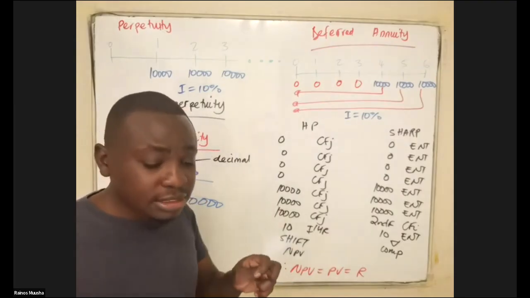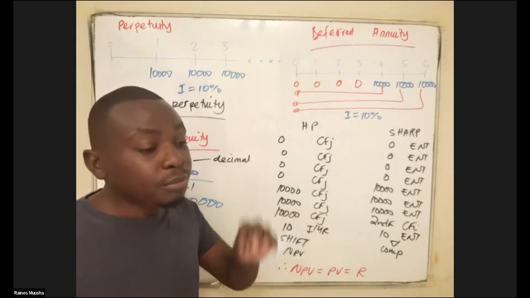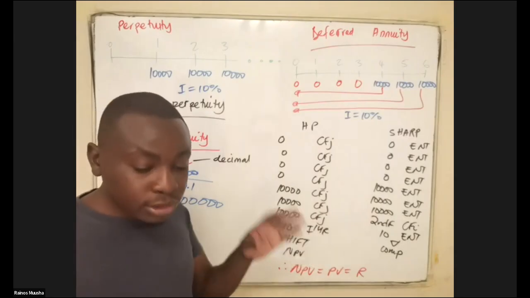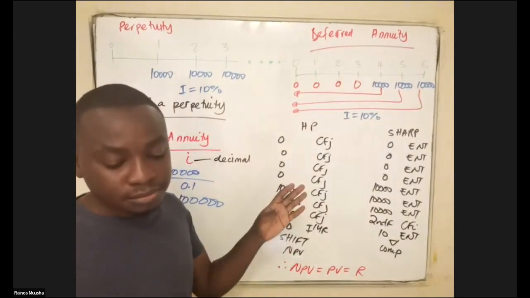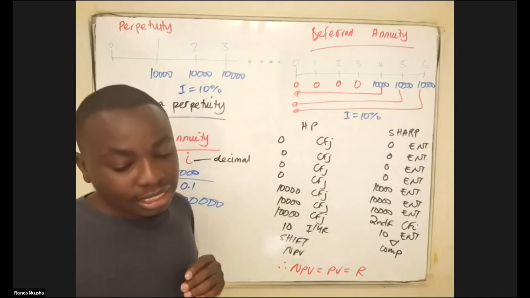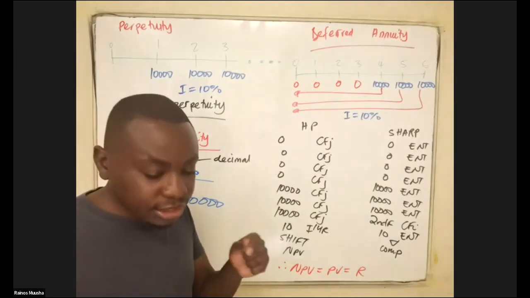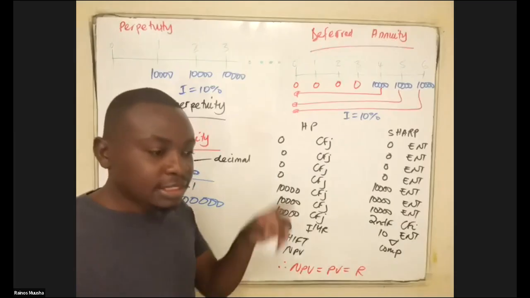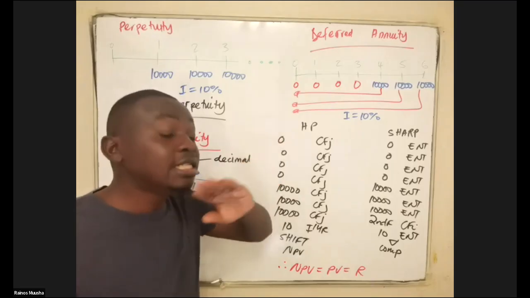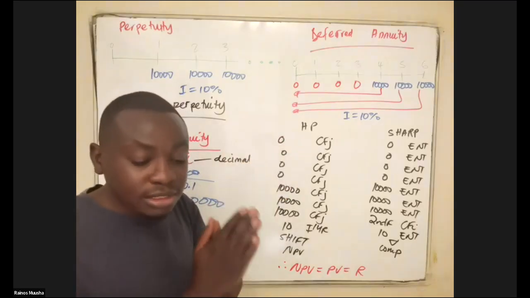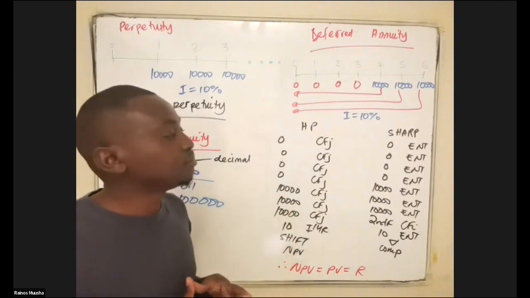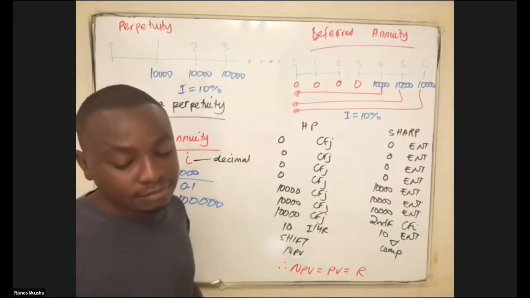Because under normal circumstances, your calculations are always assumed to be made under ordinary annuity conditions. So because of that, if not stated, you assume you're in end mode. So you must always make sure that your calculator is in end mode under normal circumstances, unless otherwise stated. And if you're using the Sharp calculator, the same steps: second function, BGN/end. And you see that the BGN at the top of your screen disappears. Then you know that you're now in what? In end mode. So under normal circumstances, do your calculations in end mode, unless otherwise stated.